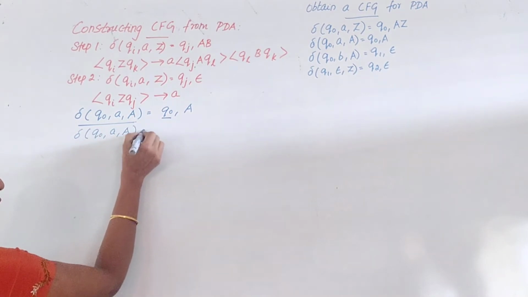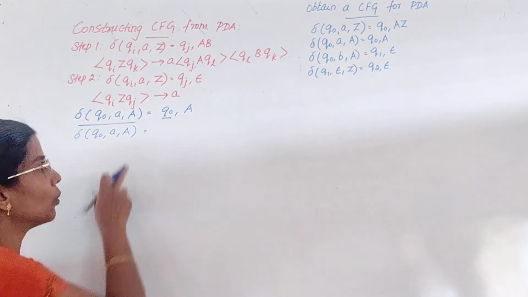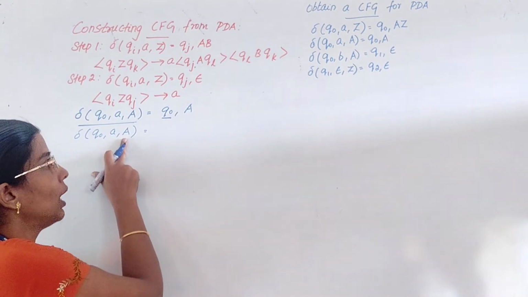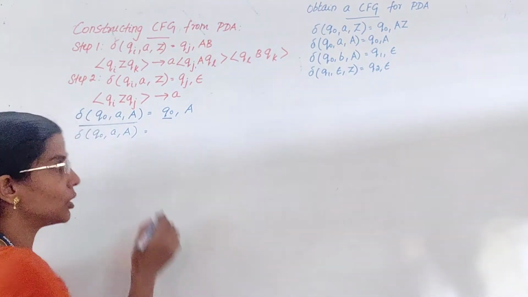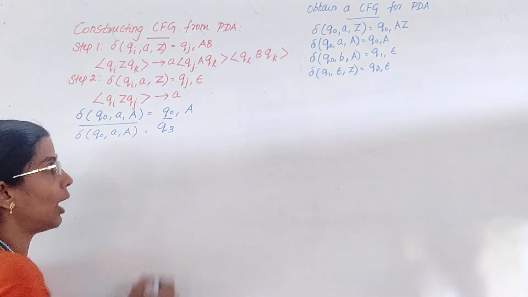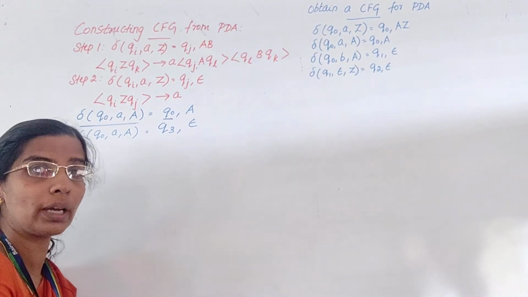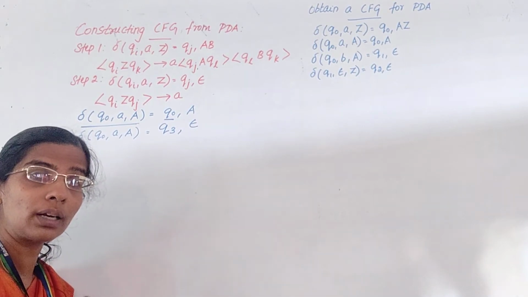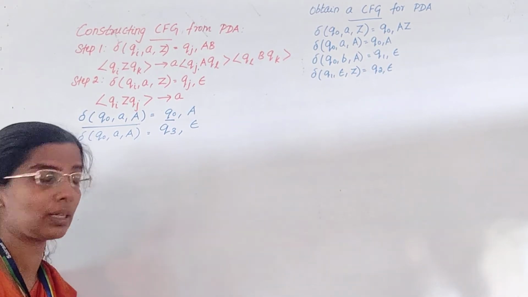This is the current position of your stack, and you are going to pop the topmost element from your stack. What is in stack top? A. You are going to take out this A, and while popping, you make a state change. Till Q2 I have in my transition, so I make a state change to Q3. For pop, the notation is epsilon. So I have taken the topmost element from my stack. Next, I have to push this element taken out back into my stack.